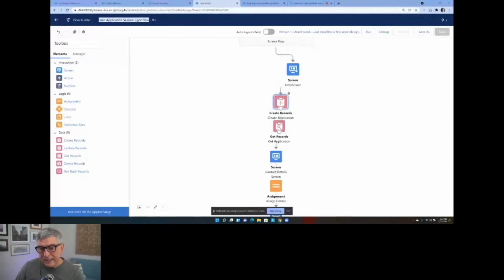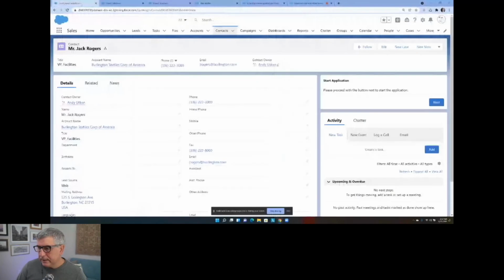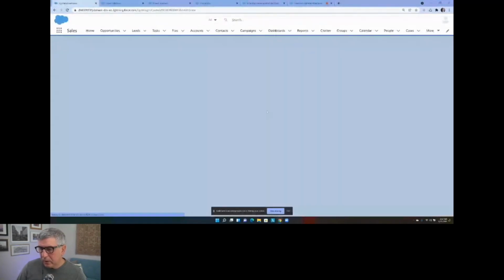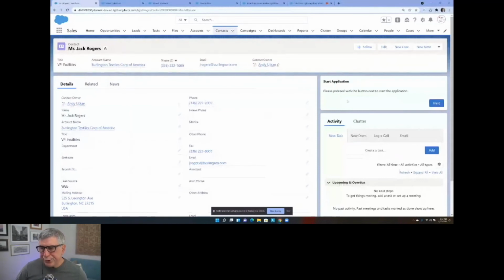So I need to now save this as a new version and activate it. I don't really have to do any other work on this side. That should always take the active latest version. And now it's doing what I designed for it to do, which is just show this screen and not do anything else. And when I hit next, I'm going to create the application record and ask all this information. And when I hit next here,